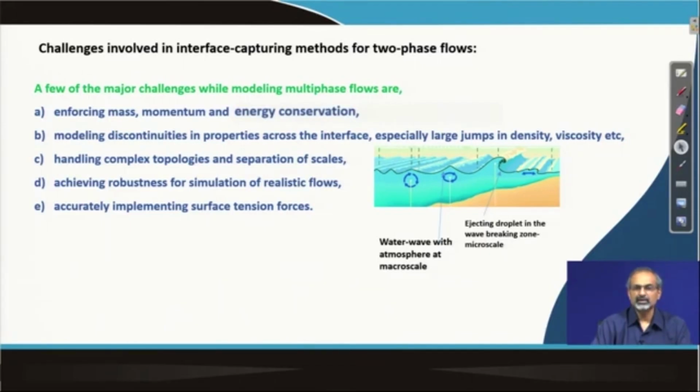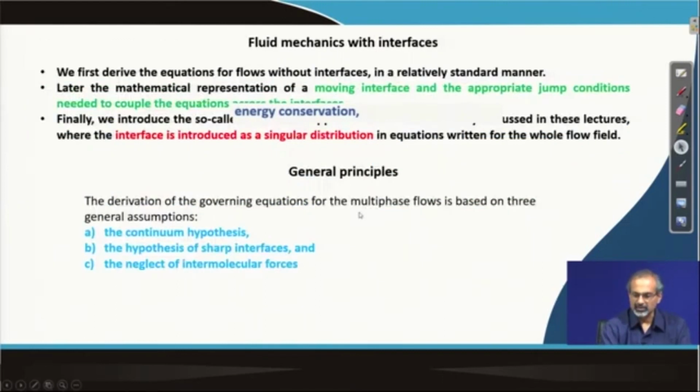You have to handle each of the entities and its boundaries, often in a 3-dimensional sense, and that is certainly a complicated issue. And then there could be wide separation of scales,